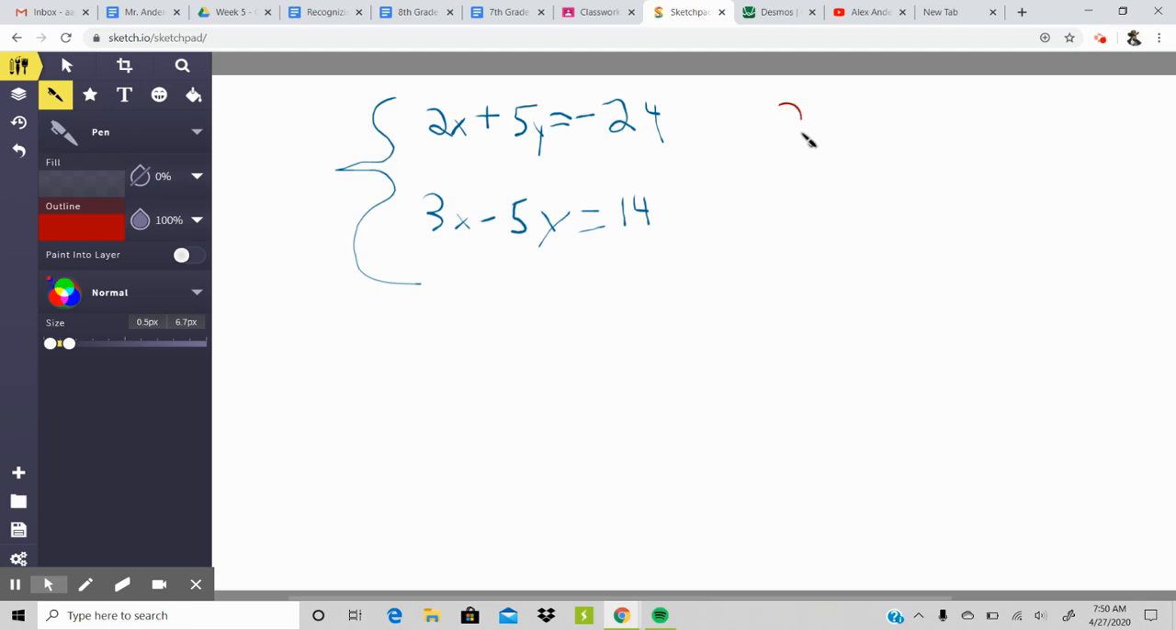So I'm going to just rewrite my 2x plus 5y equals negative 24. And then here I'm going to put a little plus sign in the parentheses over here, adding this equation down here to this one, because watch what's going to happen. So I'm going to add 3x, I'm going to add a minus 5y